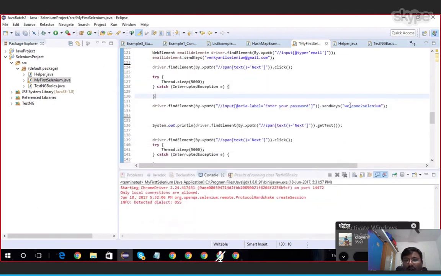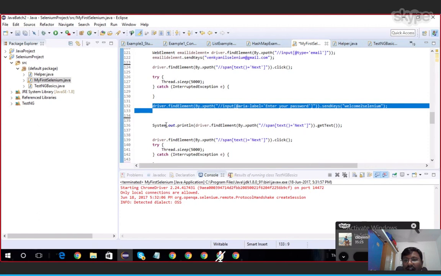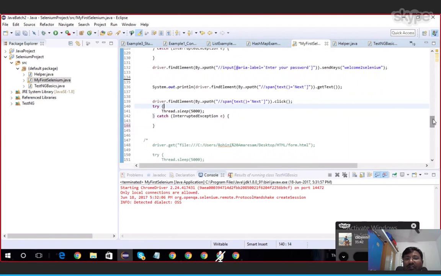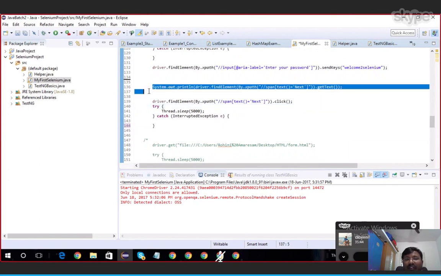Now entering the password, and then before clicking on next, I am finding that next element and reading the text from it, getText. After that, clicking on that. Here, what I am doing is trying to log into Gmail. Before logging in, I am trying to read the data from the next button.